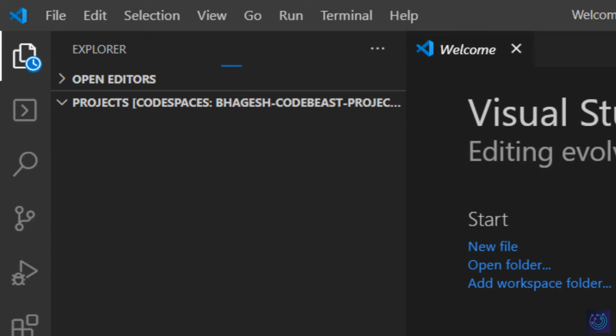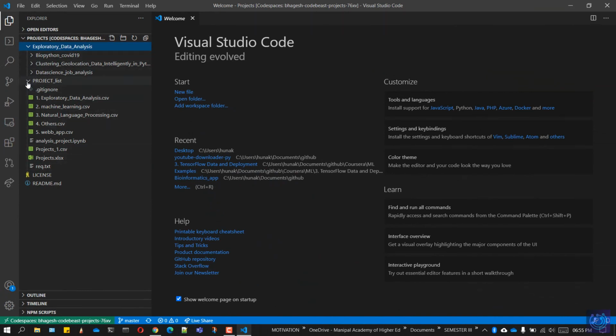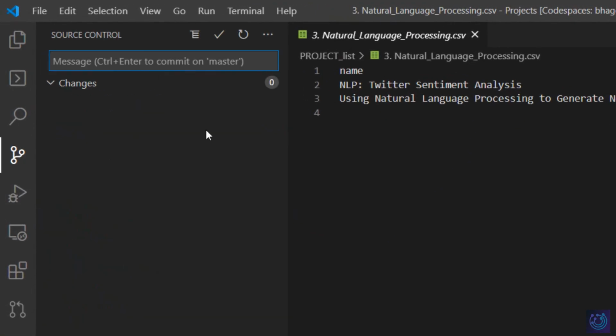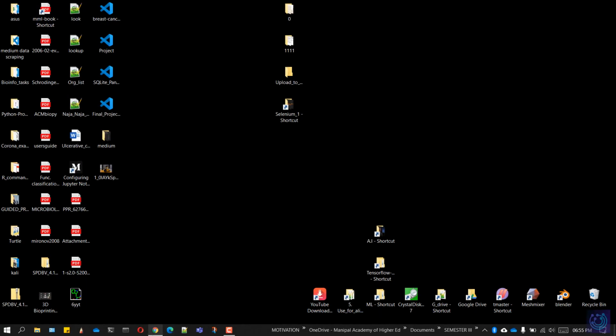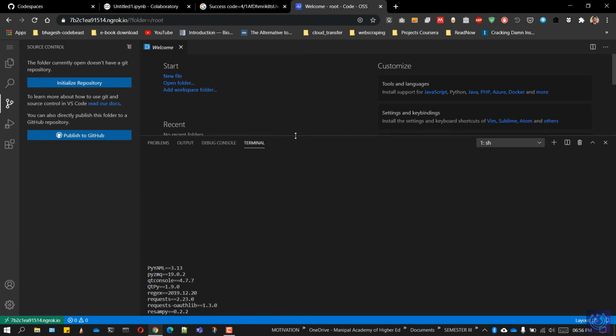What you can do here is access all the files from your repository without having to download all of them locally. As you can see, all the files from my GitHub repository have been placed here. So I can use all of these files without downloading them. Once I'm done with changes, I can just commit and push. And once I'm done with the work, I can go back to the Remote Explorer and disconnect the linked codespace, and I'll be done with my work. This is how you can use Codespaces and Google Colab on VS Code and save a lot of time which you spend on setting up environments, IDEs, distributions and modules, and code right on the go.